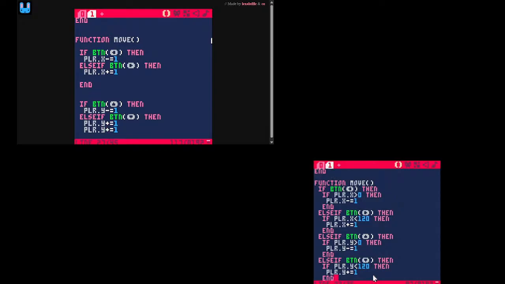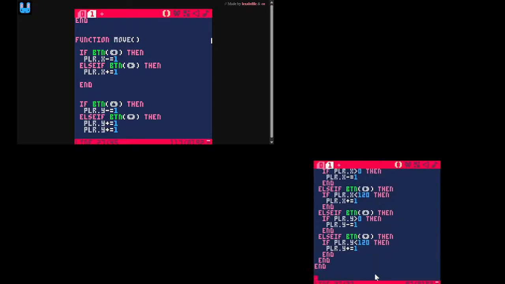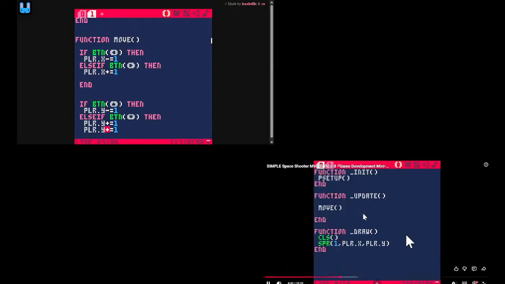So let's go ahead and make another function. This is just in our player tab here. So we'll just say function shoot, and we'll have to call this. During update, actually let's do this during the draw, I think, because it's going to be primarily drawing stuff rather than thinking about stuff. Let's just say shoot. And you can do this a couple different ways. You can either test if you're shooting here